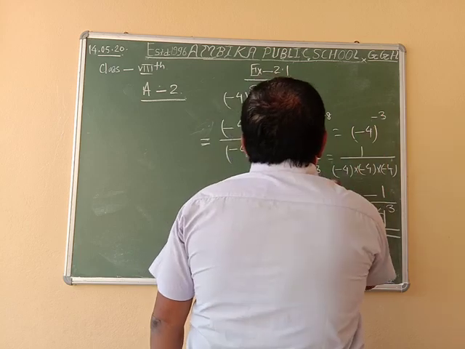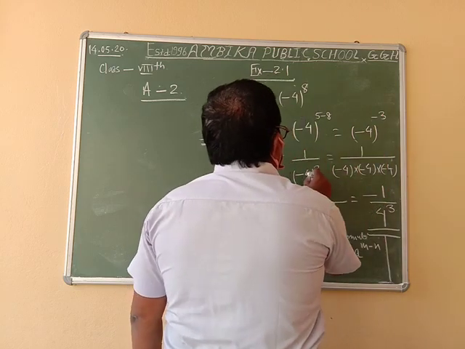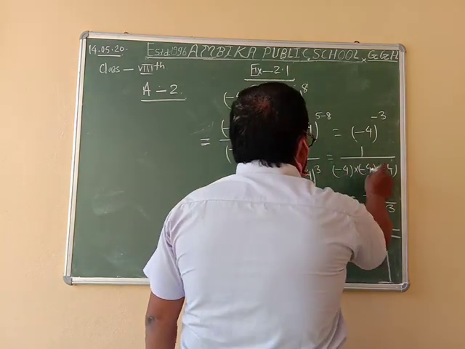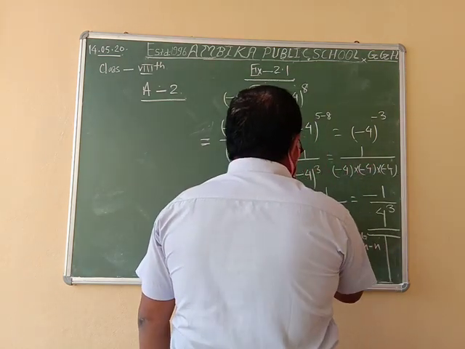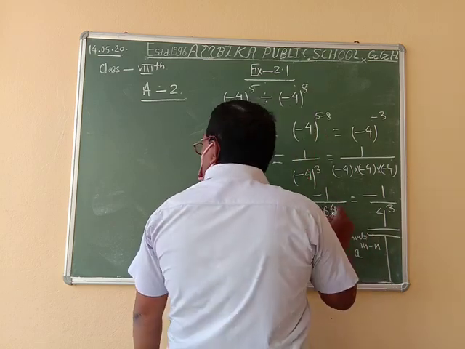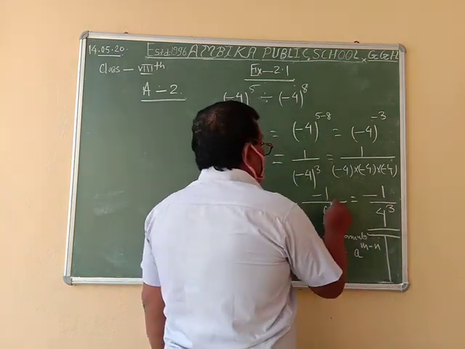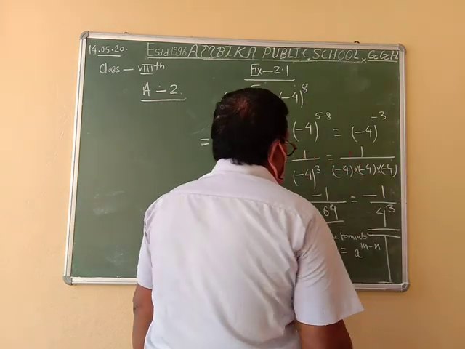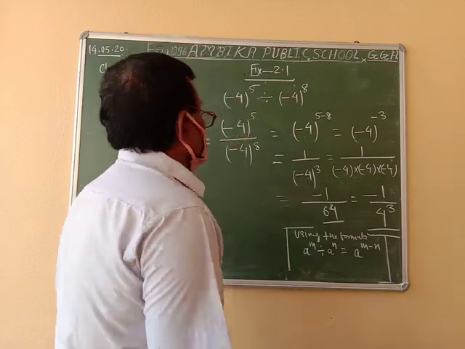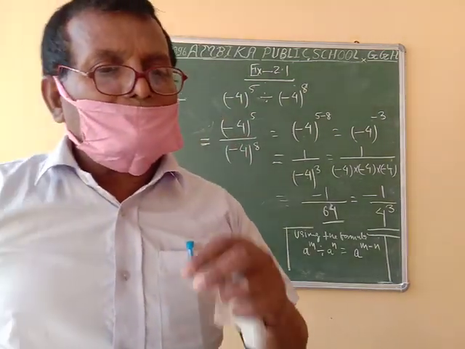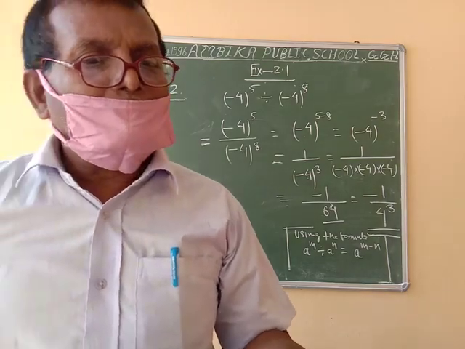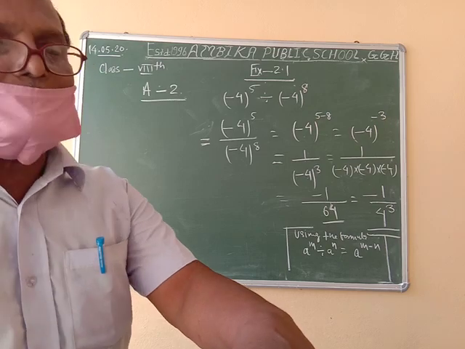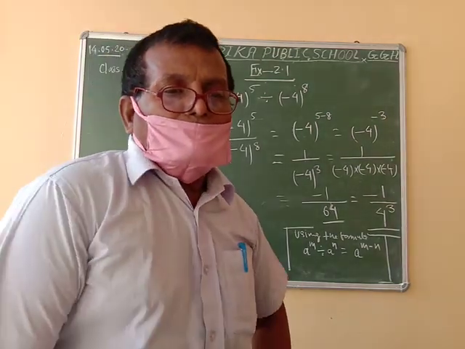Minus 4 to the power minus 3 is equal to 1 by minus 4 to the power 3, which is equal to minus 4 into minus 4 into minus 4, which is equal to minus 1 by 64. For 64, we can write in exponential form minus 1 by 4 to the power 3. So this is your answer. Similarly, you will solve all the questions of question number 2, and question number 3 is